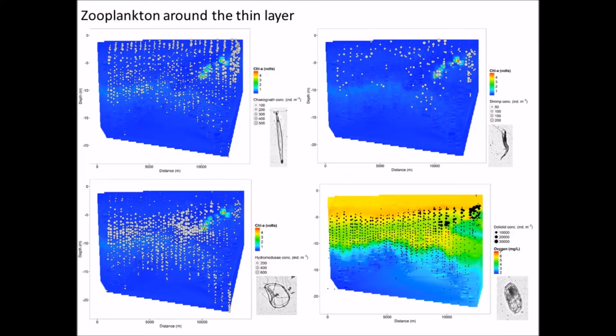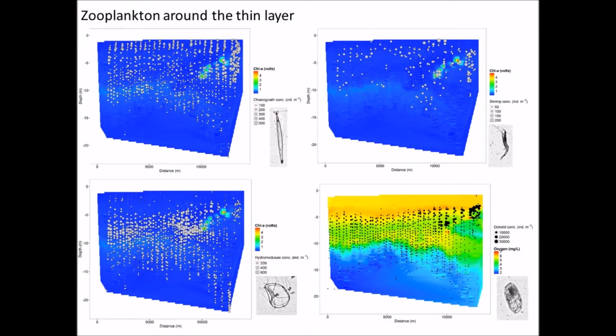And so if we look at the abundance of the different plankton around this thin layer, this graph is showing the chlorophyll A, which is the color. So the red is where the thin layer is, essentially the lighter or the hot, warmer colors. And you can see these are chaetognaths, which are arrowworms, and shrimp. And so chaetognaths tend to be aggregating at the surface and also right after the layer, in a similar pattern to the shrimps. But then when we look at hydromedusae, which I show here, they have quite a different distribution where